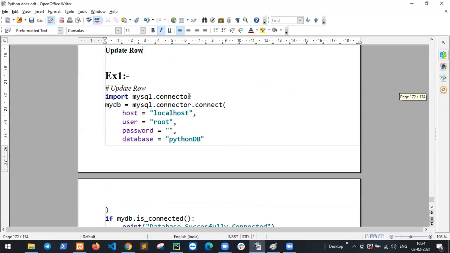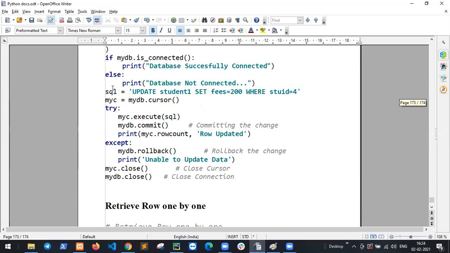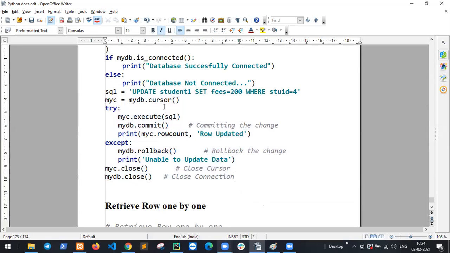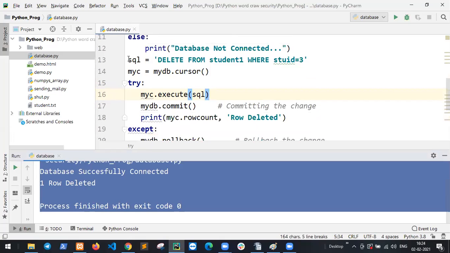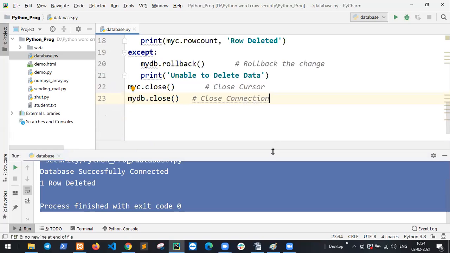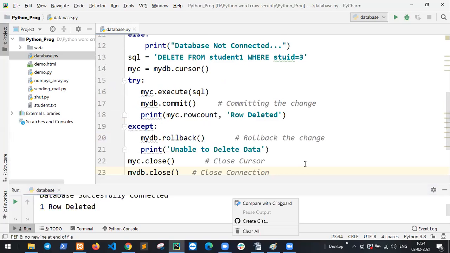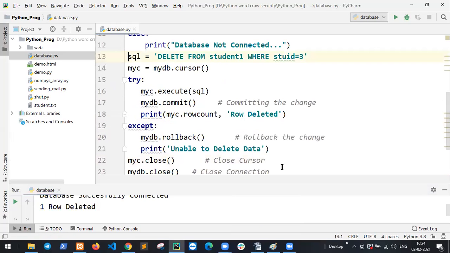Update the row. How to update? So update these rows. Student4, and how to update it? SQL.